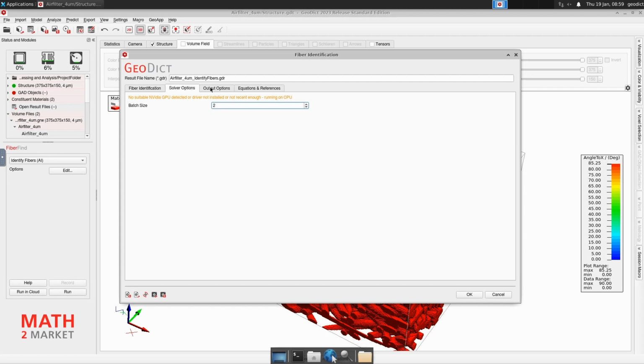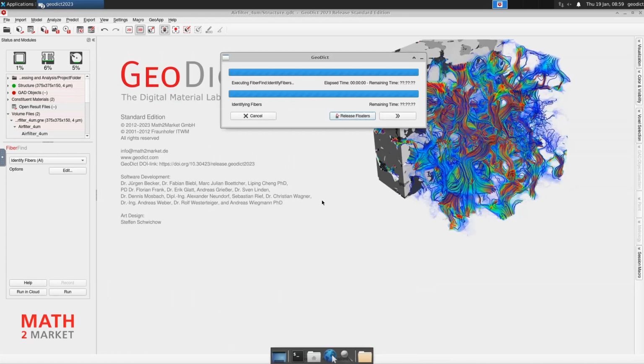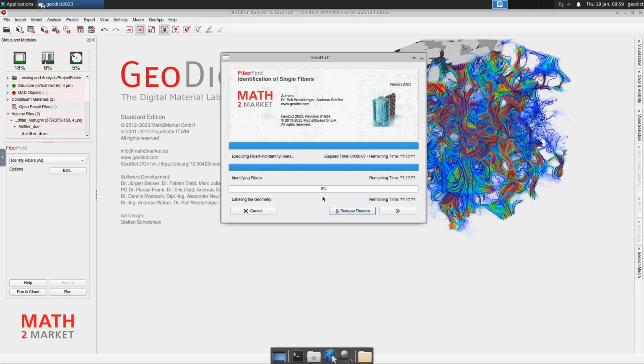Then let's switch to the output options and make sure that Save Fiber Orientation Distribution as .gof is selected, so that we again get a fiber orientation distribution here. And now you can just click on OK and click on Run. Here on these computers the runtime will be around 10 minutes. Therefore I will cut out this part from the workshop video, because otherwise we would have to wait 10 minutes now for the video. But if you run it for yourself, you just know it takes 10 minutes and you can, for example, get a coffee during that time.